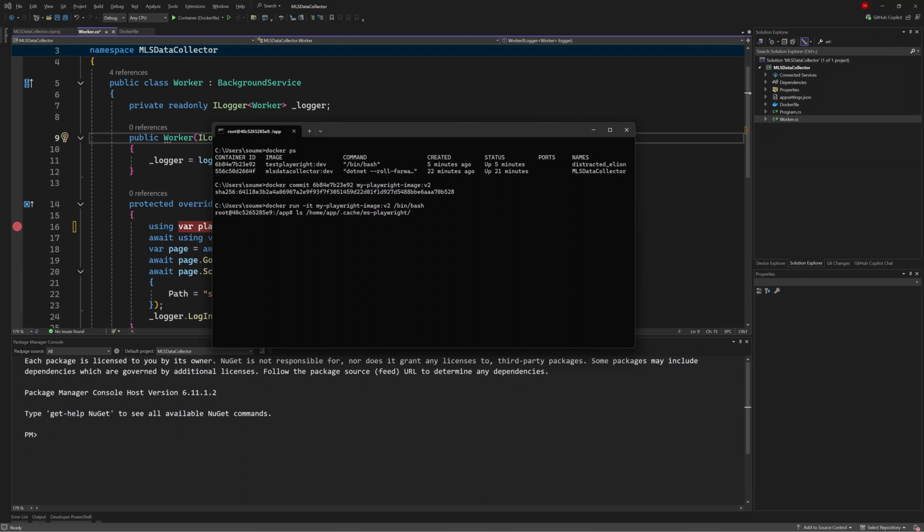I just wanted to make sure it is there, and even Chromium is there. Let's go inside the playwright, and I see that Chromium